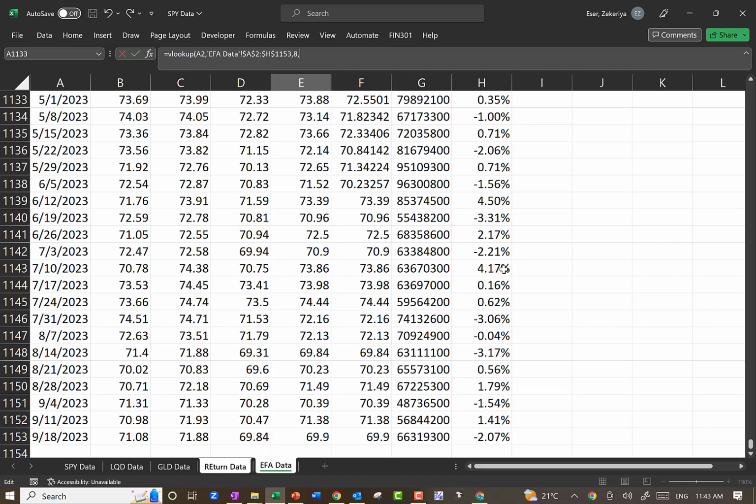And the last argument, this is actually crucial. It's optional. If you leave it blank, it's going to get a first approximate match, if there's an exact match, if you get it. If there isn't, it's going to get the closest one. That may or may not be what you want. If there is no exact match, maybe you want to be notified with an error message. So if you put the last argument as false,